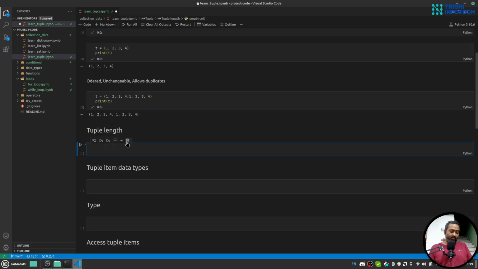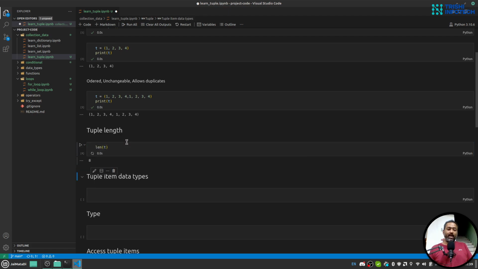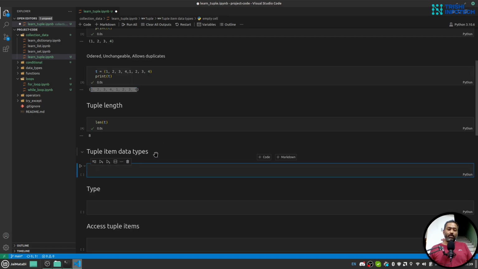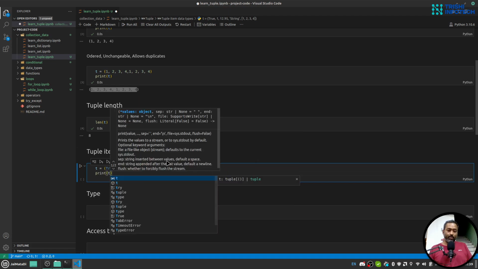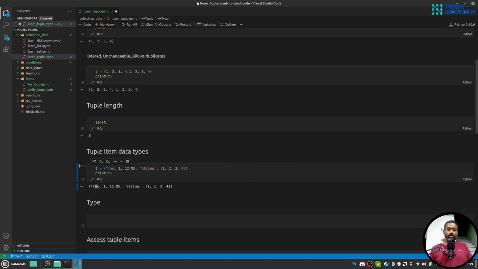There is a length function where you can pass a tuple and get the number of items in the tuple. A tuple can have any data types in it. So for example, t can be true, 1, 12.95, a string, and a list inside a tuple. And if I print the variable t, we can see that it has a boolean, integer, float, string, and a list